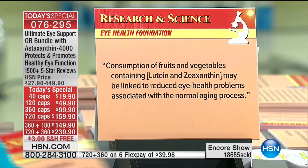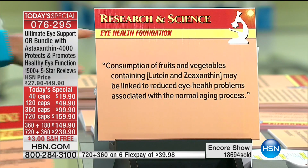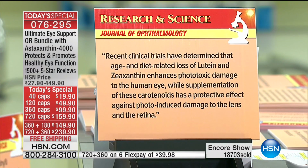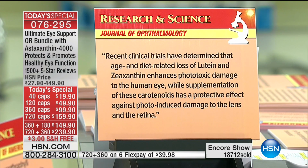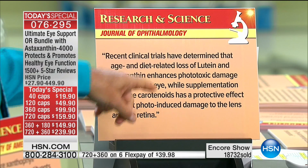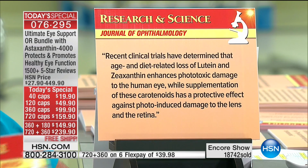Nice. From the Eye Health Foundation, consumption of fruits and vegetables containing lutein and zeaxanthin may be linked to reduced eye health problems associated with the normal aging process. It was that observation decades ago that helped to recognize the importance of lutein and zeaxanthin. From the Journal of Ophthalmology, recent clinical trials have determined that age and diet-related loss of lutein and zeaxanthin, meaning as we get older, and as we eat less lutein and zeaxanthin in our diet, enhances phototoxic damage. That's light-induced damage to the human eye. While supplementation of these carotenoids, what we're talking about tonight, has a protective effect against photo-induced damage to the lens